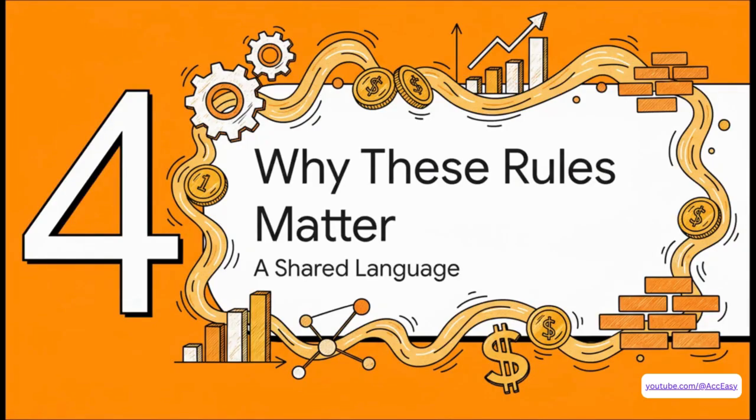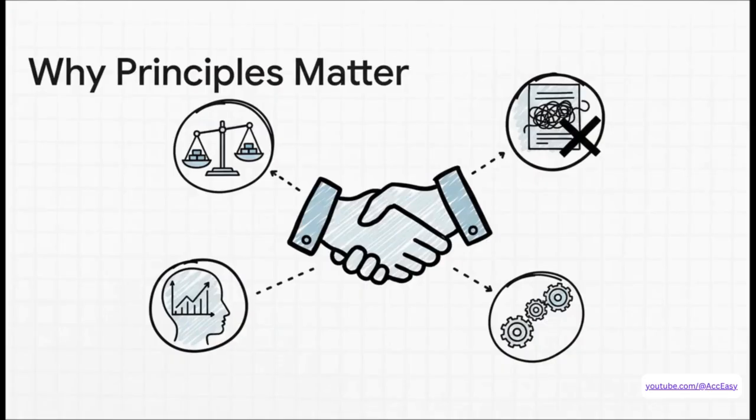So we've gone through the rules, but what's the big takeaway here? Why does all this grammar actually matter in the real world? Well, it turns out it's basically the glue that holds our entire financial system together. Look, when everyone follows the same rules, it builds trust. It lets us make fair, apples-to-apples comparisons between different companies. It creates real hurdles that help prevent fraud and manipulation. And all of that leads to better, more informed decisions for absolutely everyone, from investors to employees to lenders.